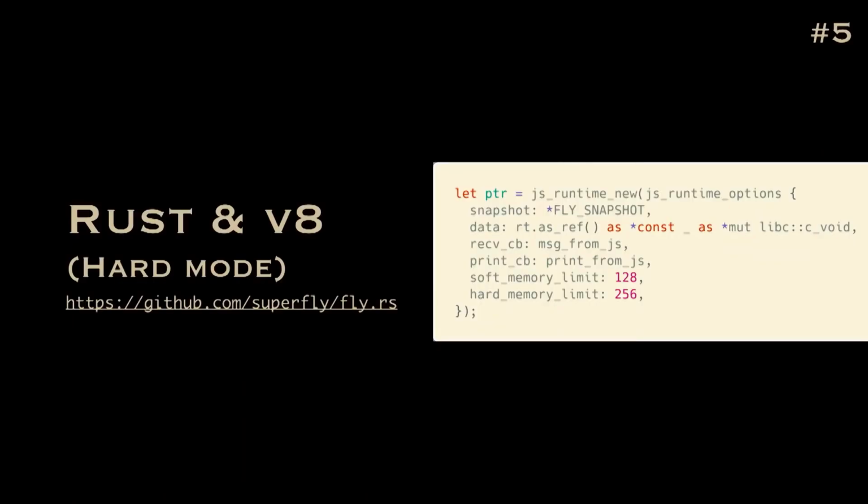So the next step after our Node prototype was to build in Rust. We built a lot of this in Rust and extracted some things from Deno, which, if you haven't seen it, is Ryan Dahl's new JavaScript runtime that he's trying to use to fix some of the problems he felt Node had. So we started using Rust to create these V8s and manage them, because we needed much more control over things like the event loop. We needed a lot more than Node was delivering. And Rust is really nice.